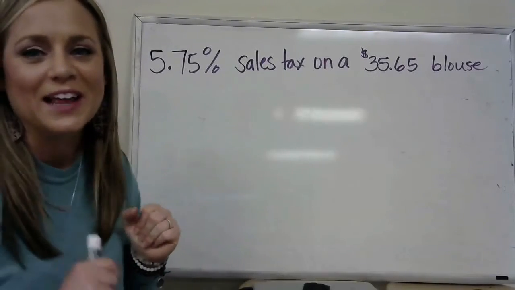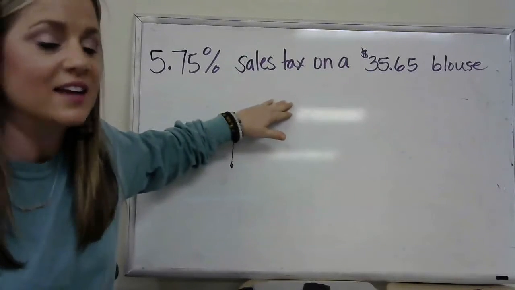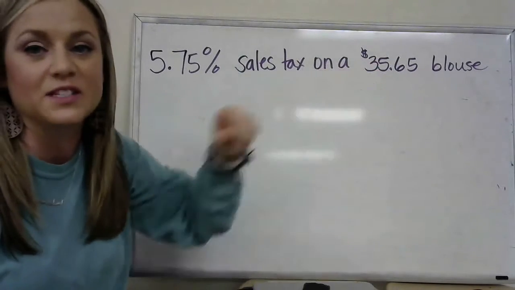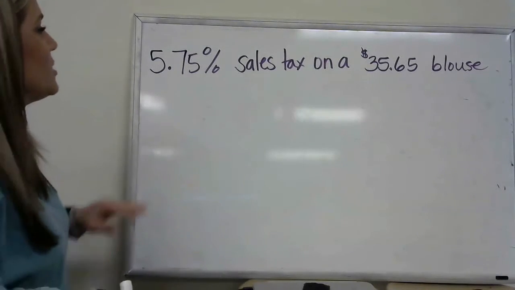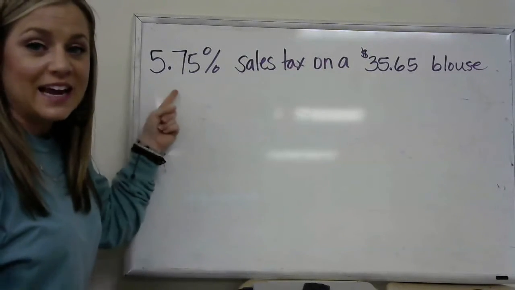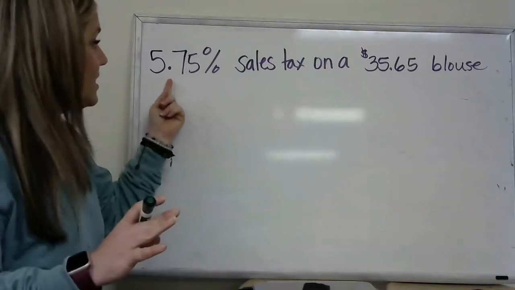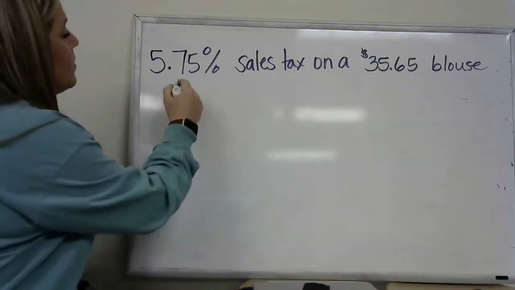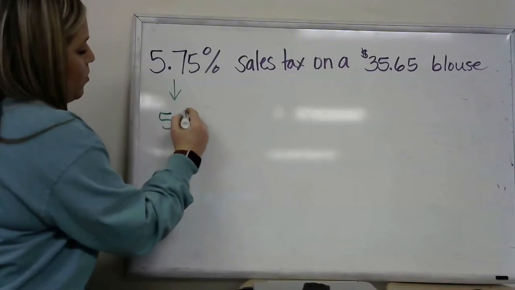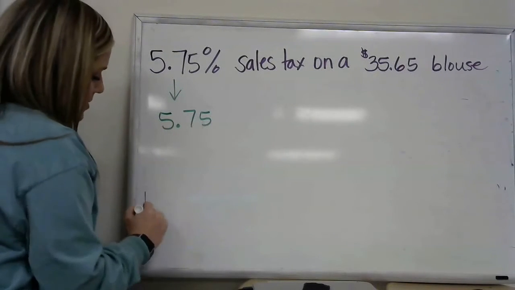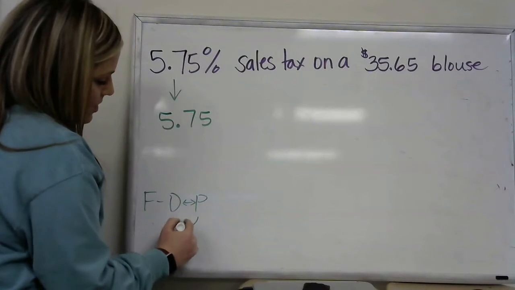All right, guys, so we got another one. We have 5.75% sales tax on a $36.65 blouse, like a fancy little shirt for a woman. Again, first thing we got to do is take this percent, and even though it has a decimal, that's fine, we got to turn it into a decimal. So we have 5.75, and we know because of FDP, fraction decimal percent,